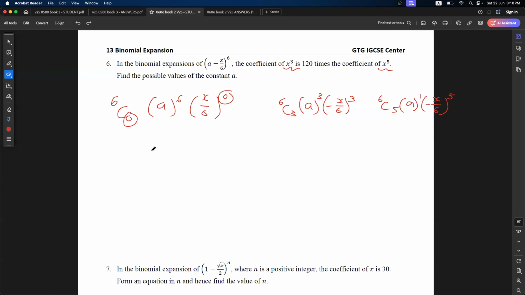Oh okay, so this is 20 over 6 to the power of 3, which is 36 times 6, it's 216. Okay, 216, a cube x cube. Then 6C5 is 6, over 6 to the power of 5, which is